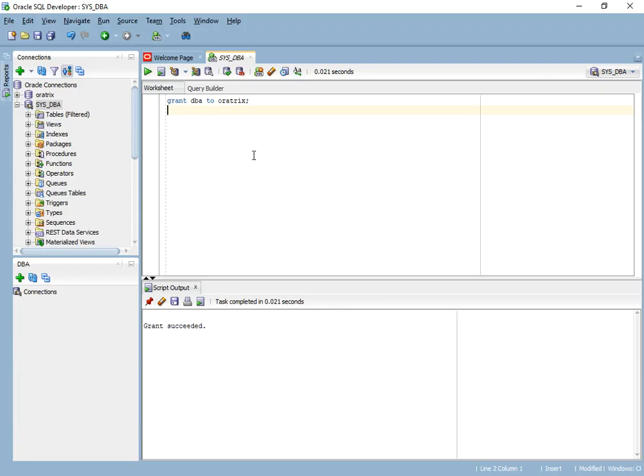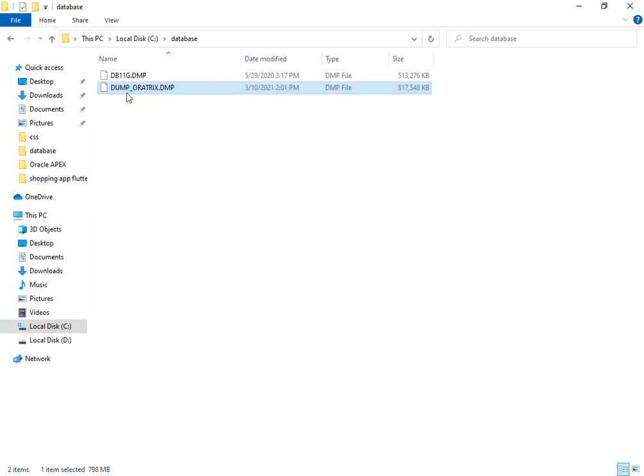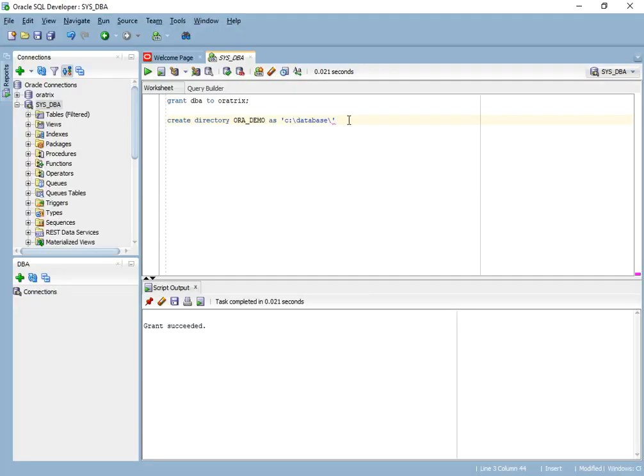So let us write create directory, and the directory name would be ora_demo as, and you need to provide the path where you have saved your DMP file. Currently I have stored that at C drive, database and dump.txt. Let me run this. Yes, the directory has been created.